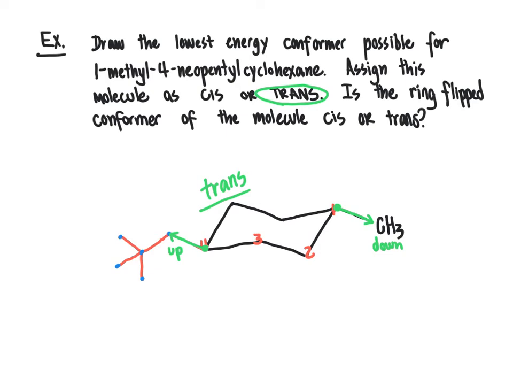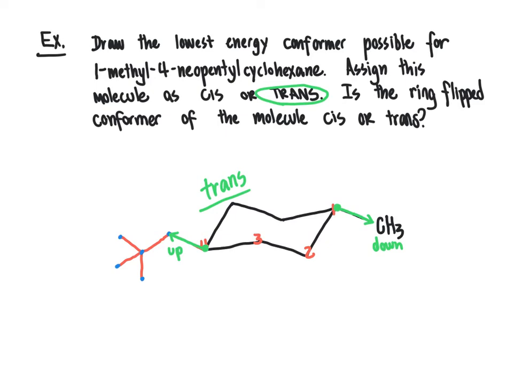And then we ask whether the ring-flipped conformer of this molecule is cis or trans. One way to solve this would be to draw out the ring-flipped version of this molecule. But if you remember your definitions of what we mean when we're talking about ring-flipped conformers, one of the things was that when we do a ring flip, cis will stay cis, trans will stay trans. The only thing that's changing in doing a ring flip is axial is becoming equatorial, equatorial is becoming axial, but